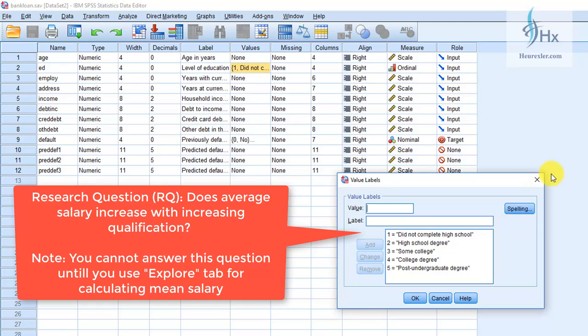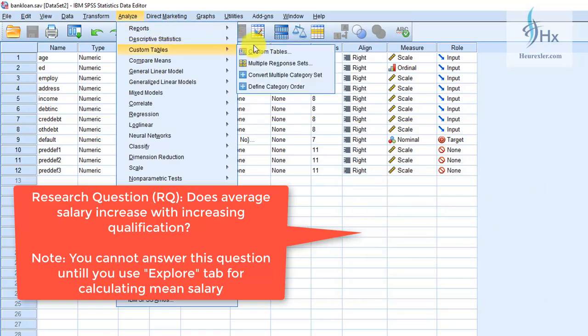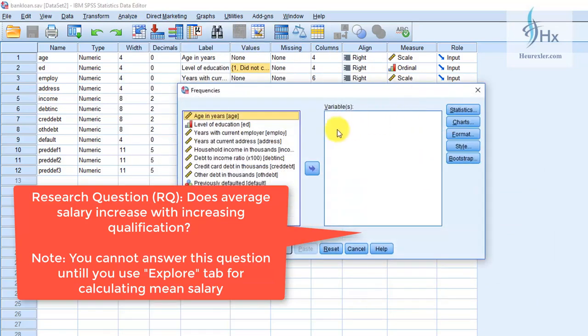So the idea is that education brings us better salary, and if you want to find out the average salary of postgraduates as compared to the average salary of the rest of the groups, and you use the frequencies option, there is no facility to do this. You cannot partition your age or any continuous variable